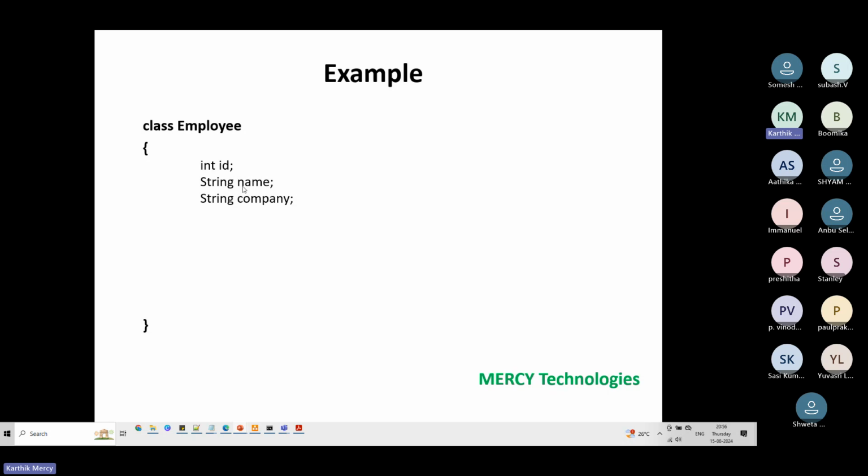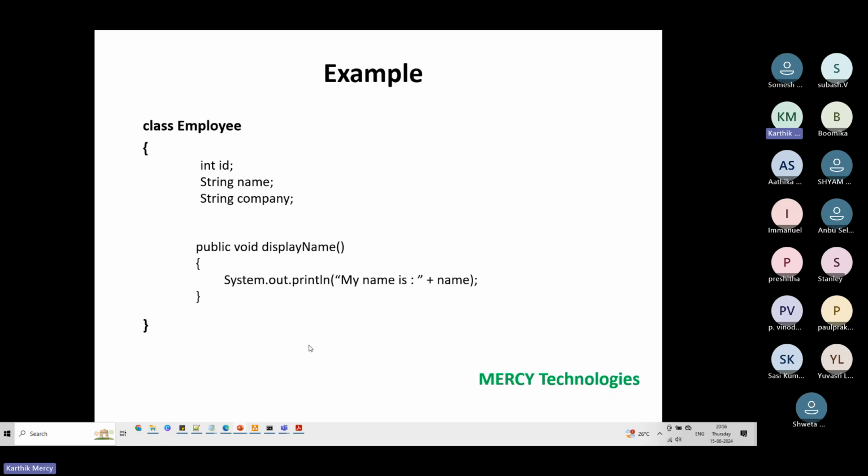Okay, and then string name and then string company. If I just go to one, these are data members, or I can say what are the methods. I want to write a simple method now. What is this method, by the way? This method is something called display name. I want to display some name.